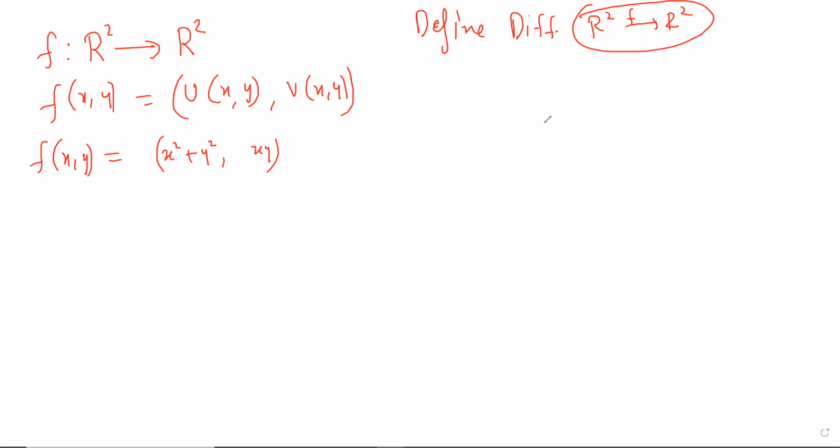But where does it differ from complex numbers, right? When you're looking at a complex function, let's say this, which squares this. Of course, you can look at it as a function from R2 to R2, right? But